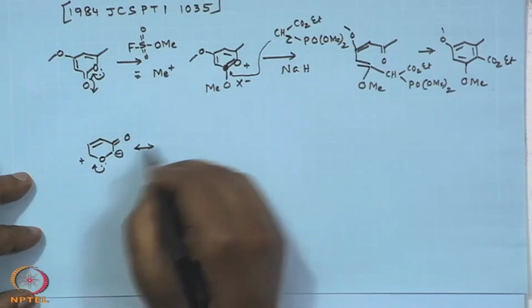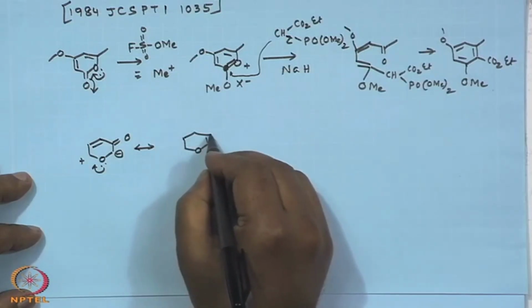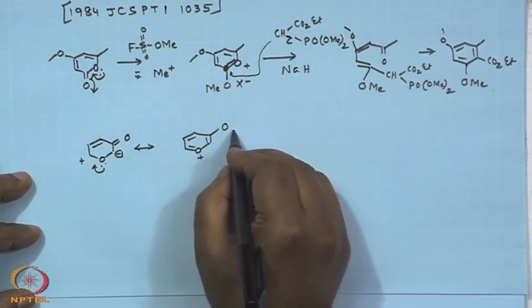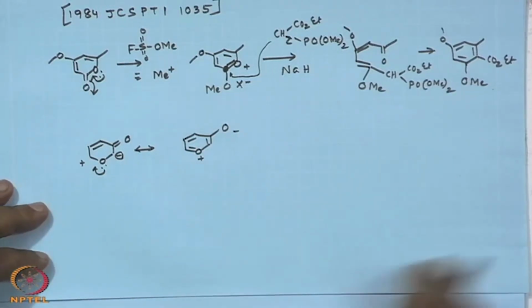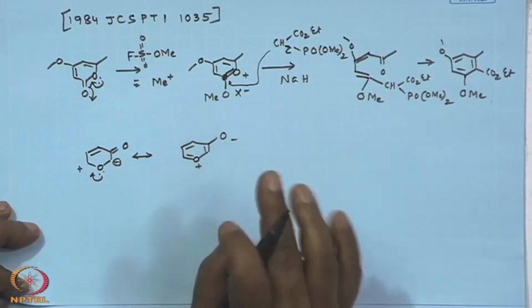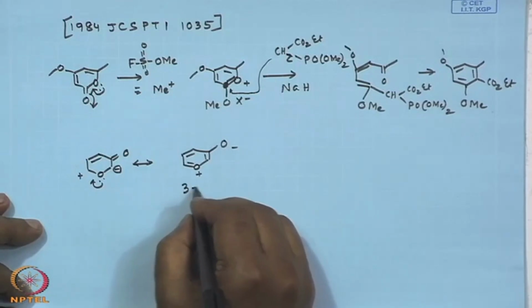So, this would give you again a pyrrolium salt with zwitterionic character, but the cyclic structure represents an aromatic structure,